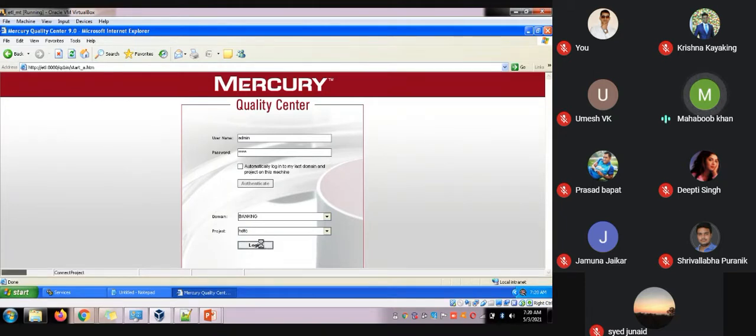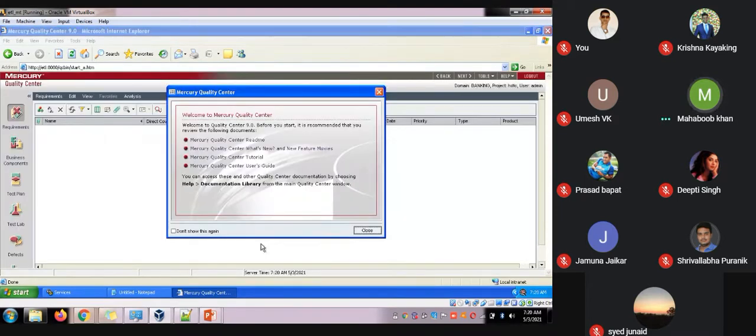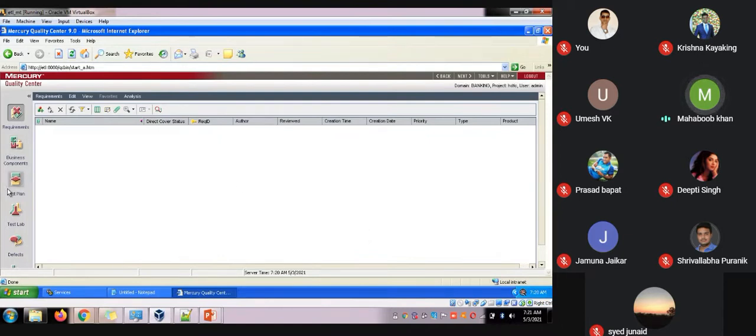Once you click login, a window appears, and the window which appears is the Quality Center, guys. Here when you try to install, it will not show, but let it be. So I'm closing this. This is HP Quality Center, guys.